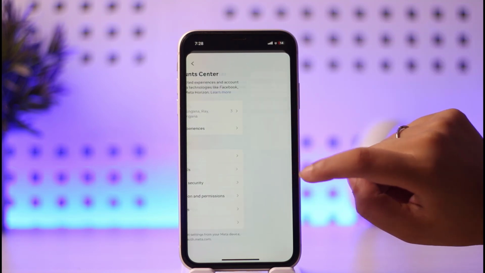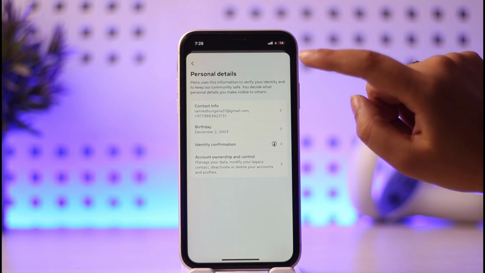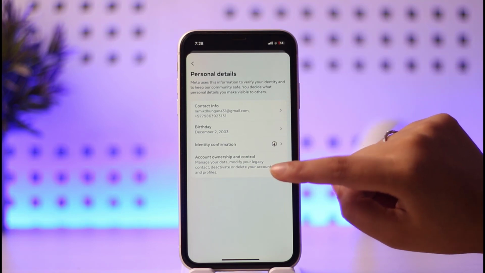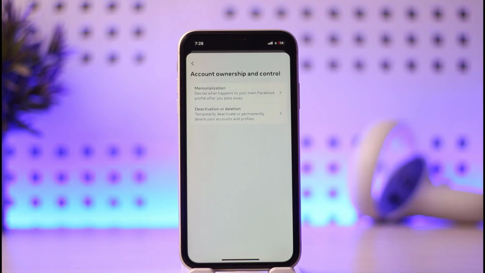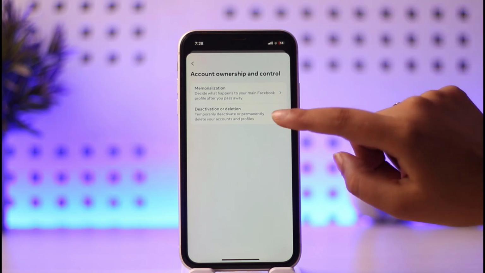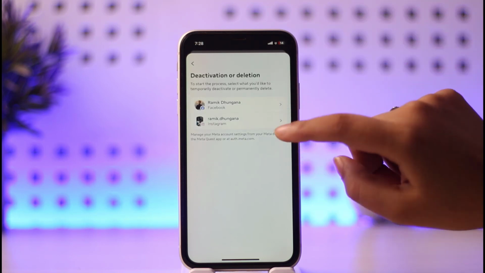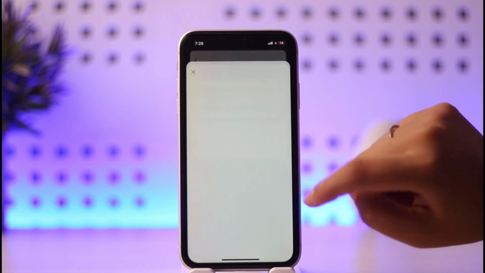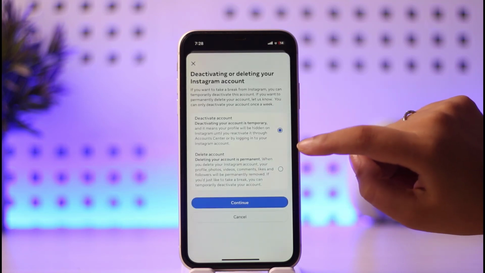Go ahead, tap on this personal details, tap on your option called account ownership and control right there. Once you tap on that, you will get this deactivation or deletion option given below. Simply go ahead, tap on this one, choose your account Instagram, and now you will find this deactivate account